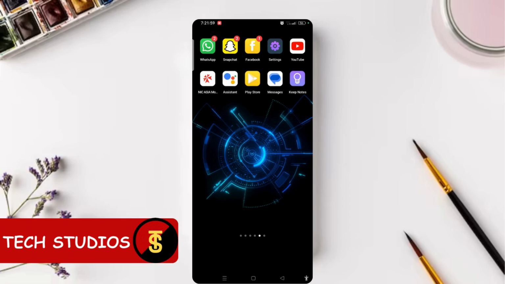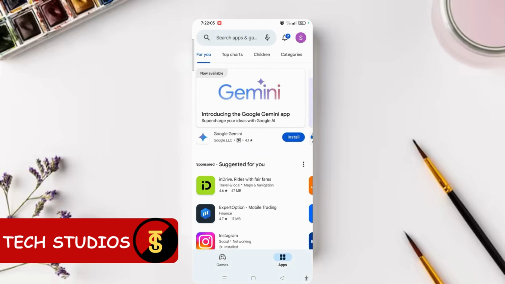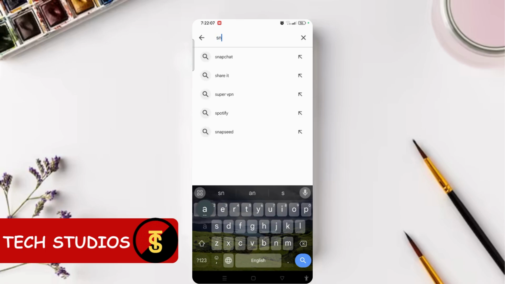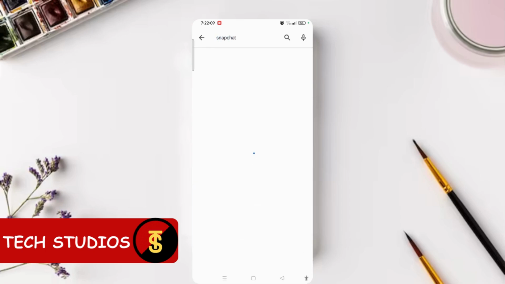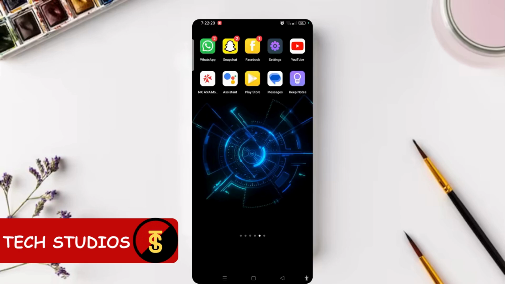For that, go to the Play Store or the App Store, depending upon your device, and in the search bar you need to search Snapchat. So as you can see, there is the update button, so we need to tap on that update button and update our app. Once the app is up to date, go to Snapchat,